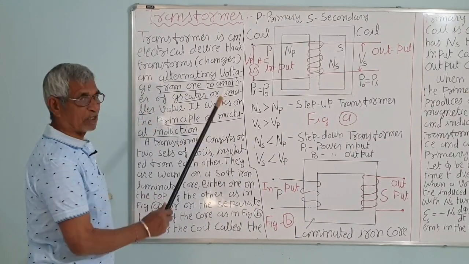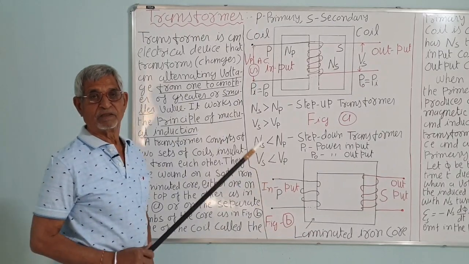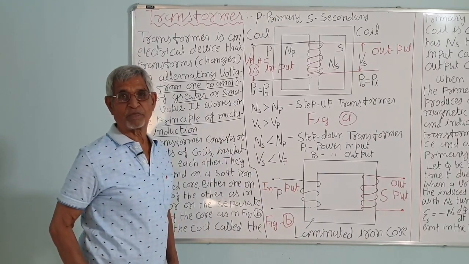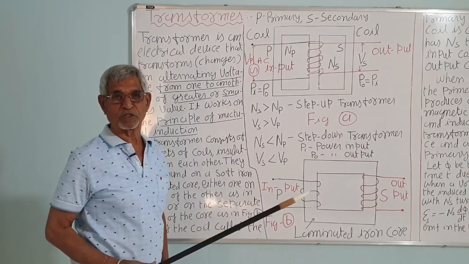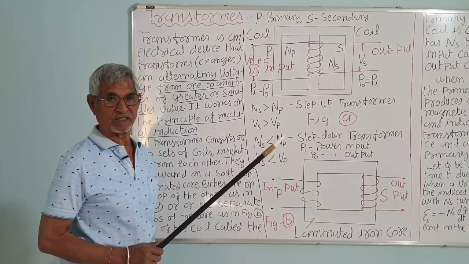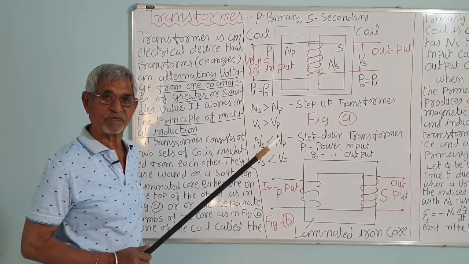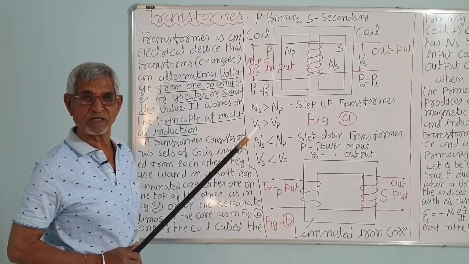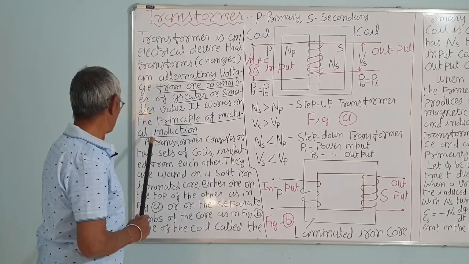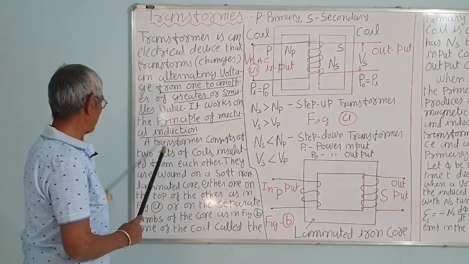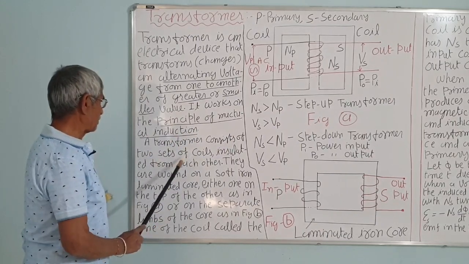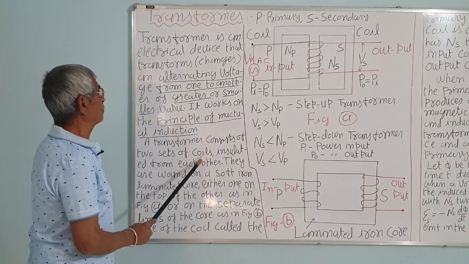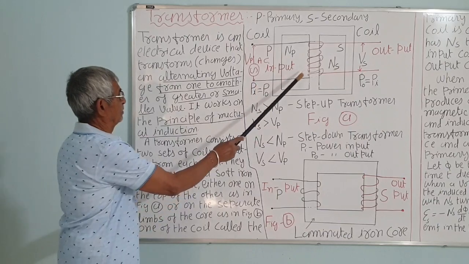So, there are two types of transformer, step up and step down, correct. The transformer works on the principle of electromagnetic induction. There are two coils, so it works on mutual inductance. The electromagnetic induction phenomena are two, mutual induction and self induction. So, it works on the principle of mutual induction. The transformer consists of a set of coils. There are two coils, correct,